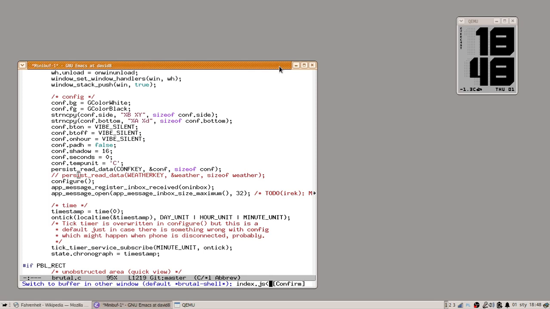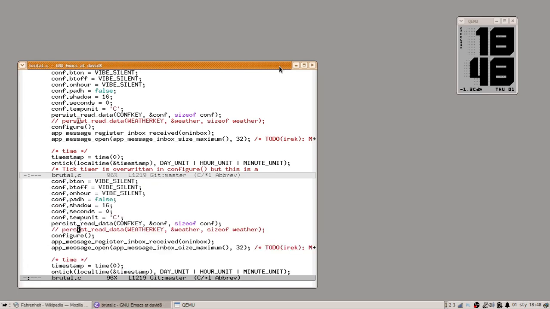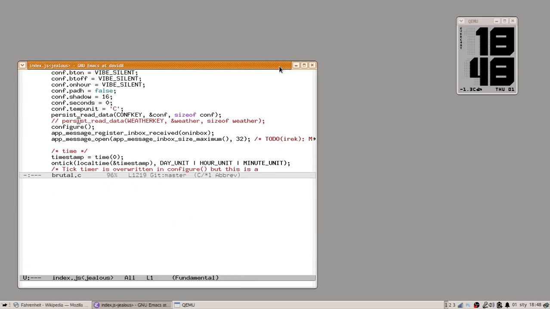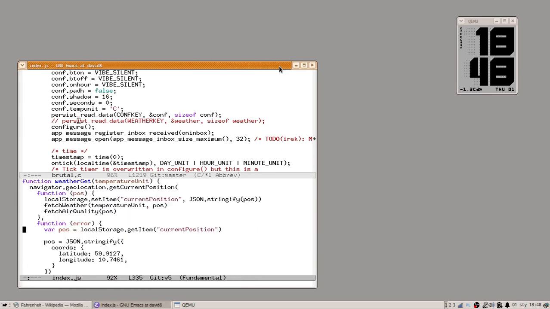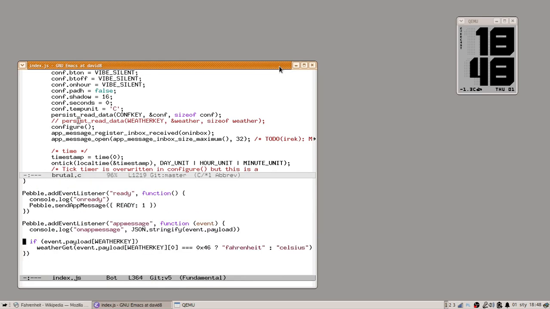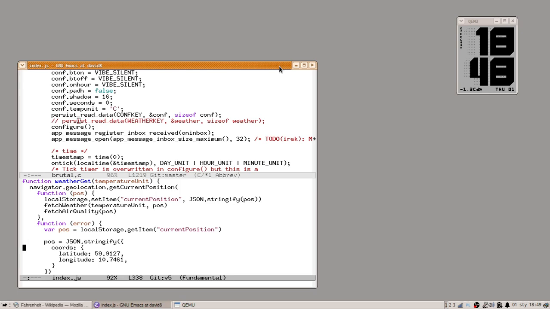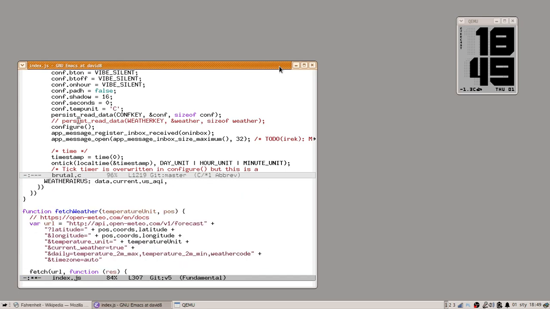I have to disable the weather to make those values not available. So I will do that by